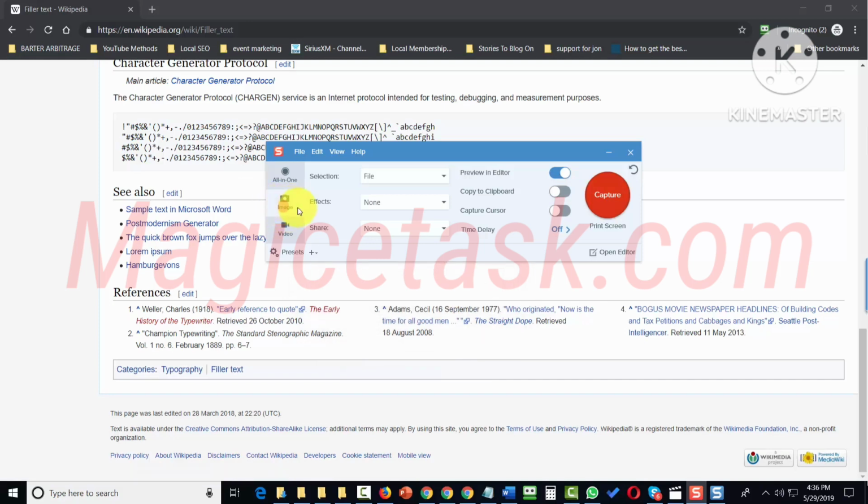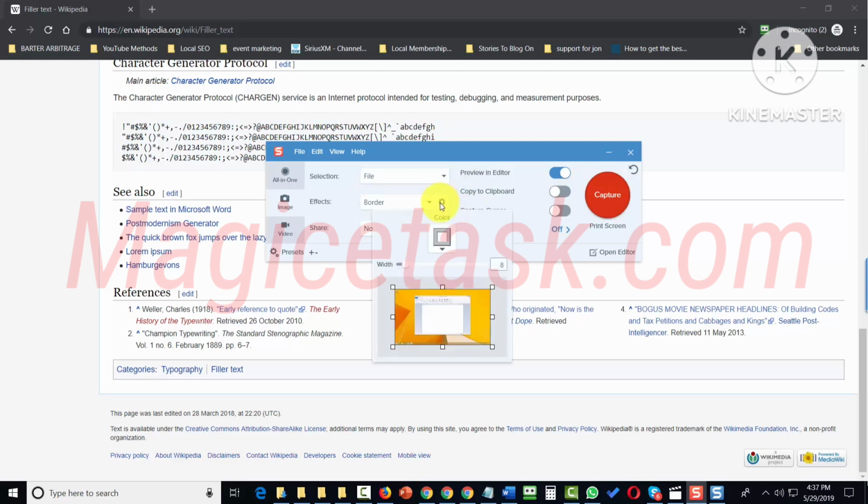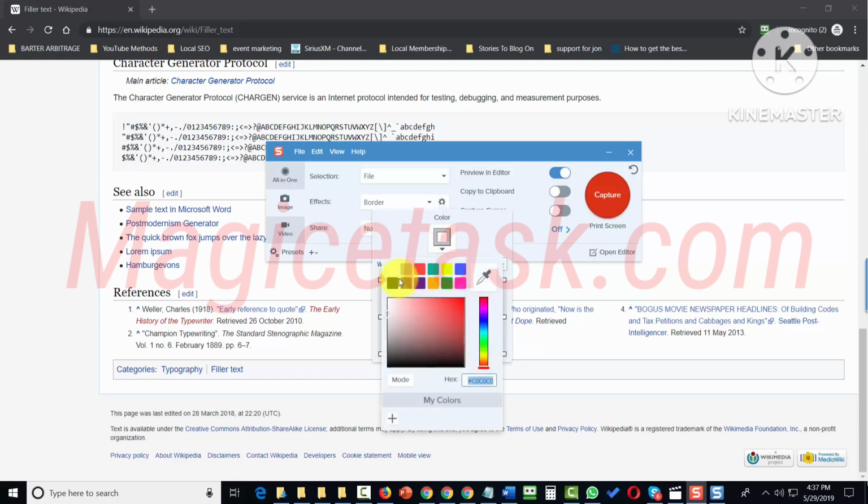Now within the Image tab, you will make a specific selection. Now each selection then can have an effect with it. So for example, we can do the file selection, and then we can then capture that file with a specific effect. So for example, let's assume that we're going to capture the file, and we're going to do so with a border. Now once we use that border, we can then click on this settings gear, and then we can do some settings. So for example, we can widen the border, we can change the color of the border,